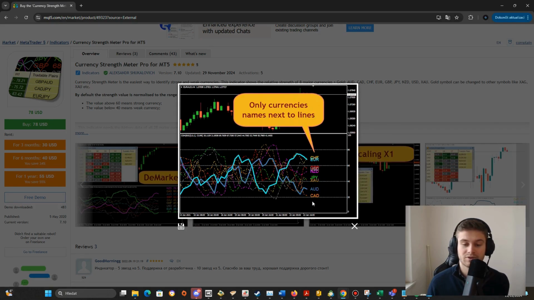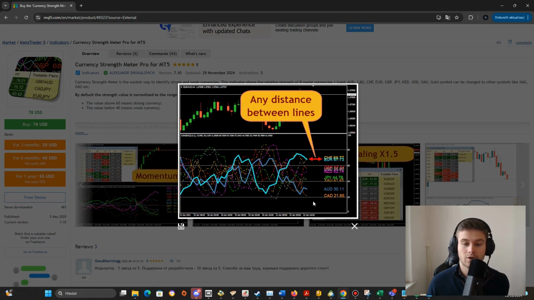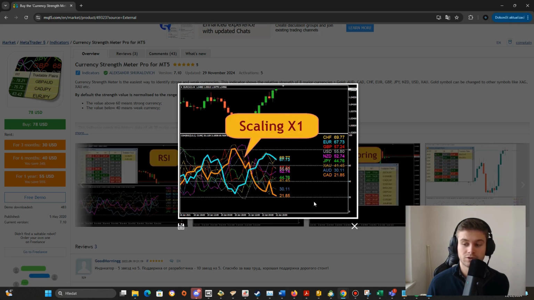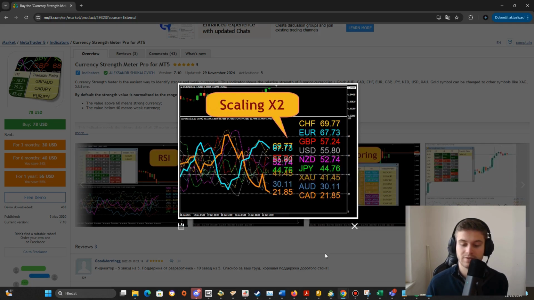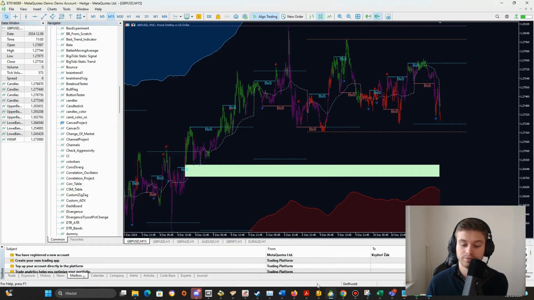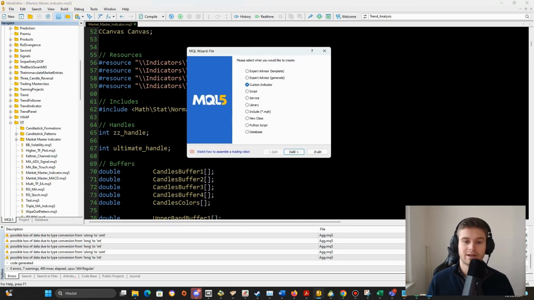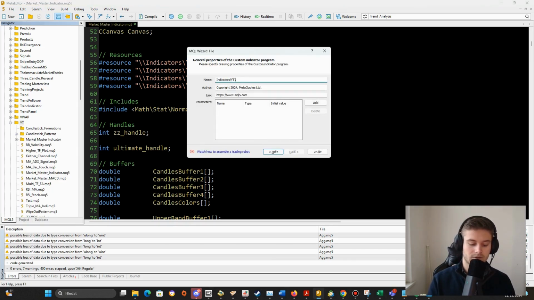Sorry, it's impossible to plot different windows or charts on the same chart. So that's why I have to create a new indicator that will be in the sub window. That indicator will be the currency strength meter, and then I will import this indicator into the market master. So let's do it. I will create a new custom indicator called market master CSM, and let's click on